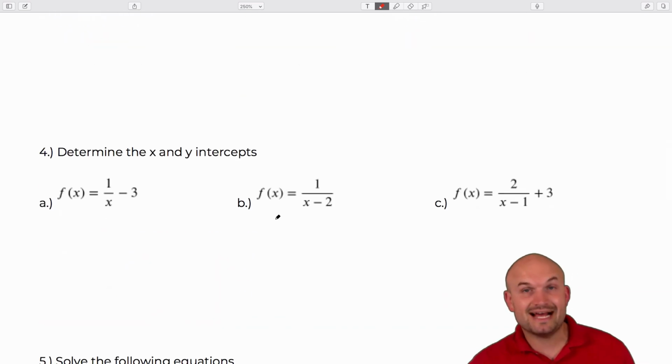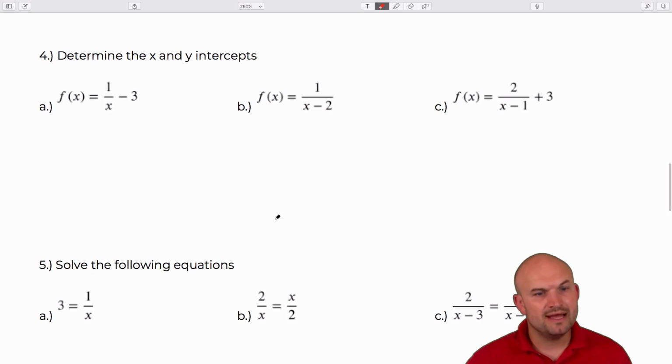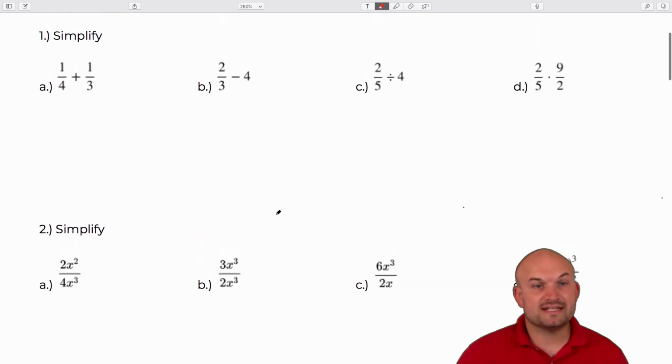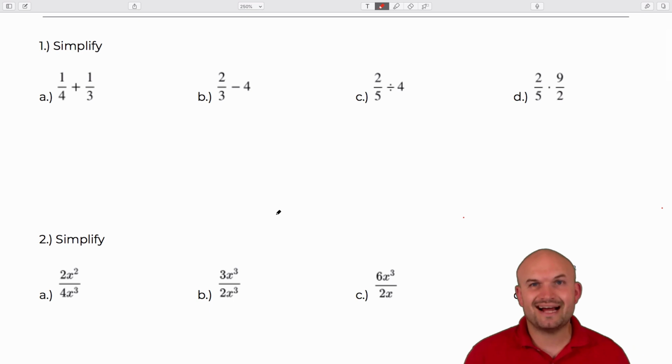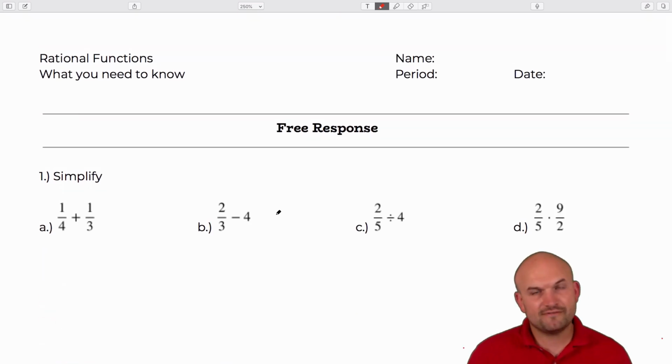We're going to go back through the x and y intercepts, this time just focusing on rational expressions. And then we'll look into solving equations when we have rational expressions in there. So let's go ahead and get started to refresh our brain as we prepare for rational functions. All right, so the first one might seem a little obvious for many of you,